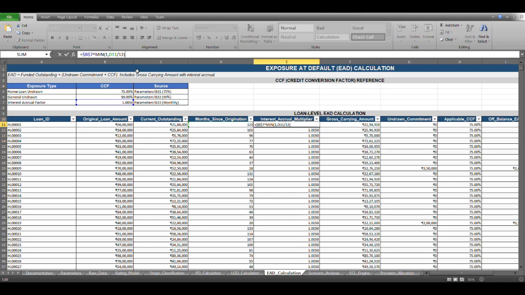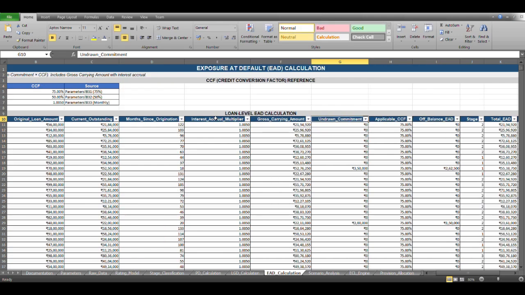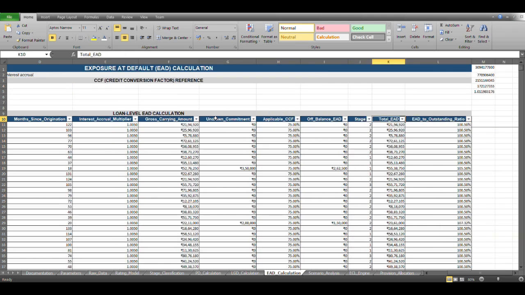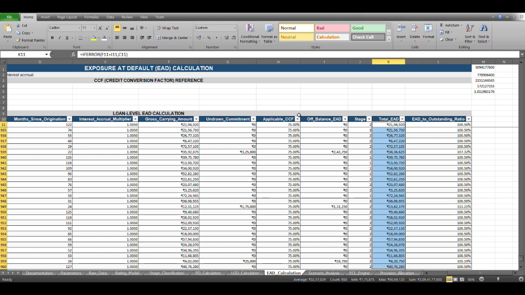We compute it over 12, and then take the power of the interest accrual factor: interest accrual factor to the power of the minimum of 1 comma months since origination upon 12. Then the gross carrying amount, the undrawn commitment, the applicable CCF of 75% being taken, and then the total EAD is computed over here.